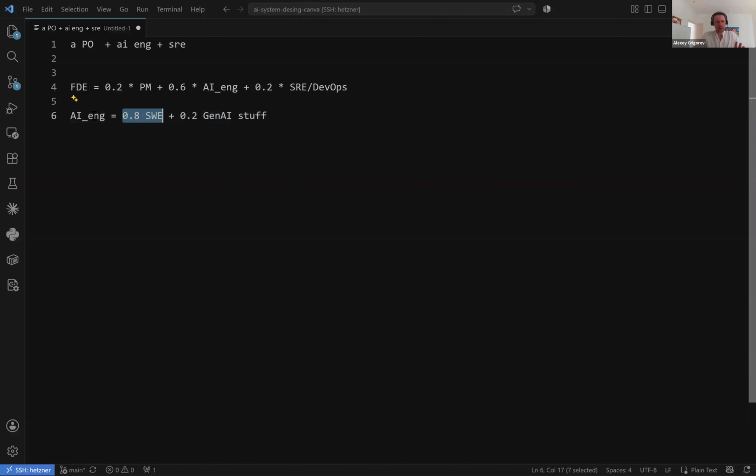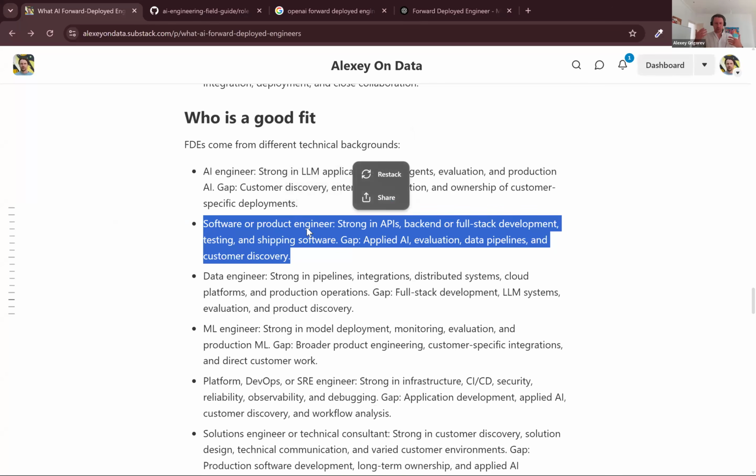So if you want to become an AI engineer, probably as a data analyst, you are already exposed to Gen AI stuff to some extent. So you need to focus on software engineering. And software engineers are already strong in many aspects. They just need to fill this gap of applied AI, and this is